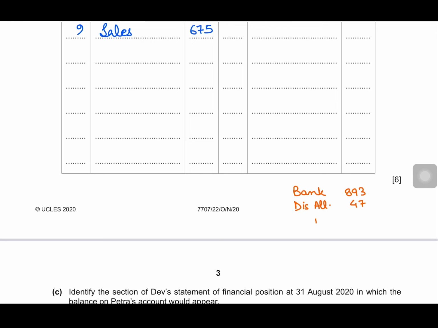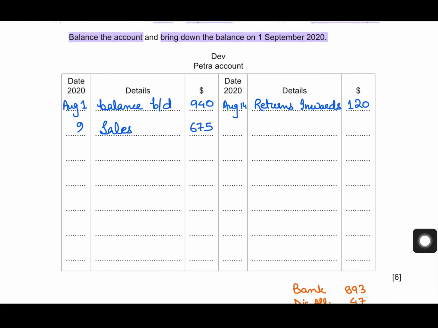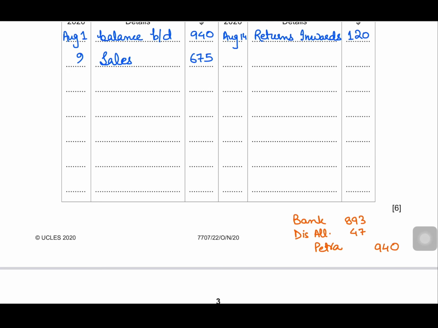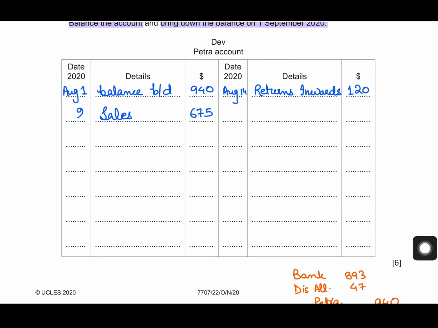And what account will be credited? We will be crediting Petra's account with the full value 940 to show that she doesn't owe anything with regard to this amount, because she has paid $893 and we allowed her discount of $47. So Petra will be credited with the full value. So let's write that down. So in Petra's account, we will be showing these two items separately, that she settled her account by $893 paying